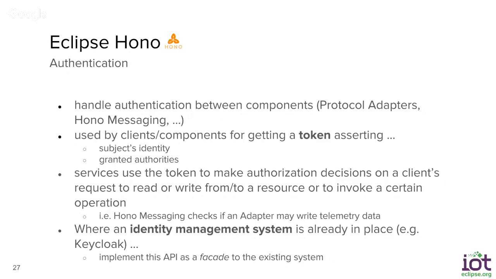Hono by no means is an MQTT broker, but we only support the MQTT protocol to publish messages. So a device can connect to Hono's protocol adapter, use it following the MQTT protocol for a connection establishment, and can then use a publish message. I think it's publish, right, Paulo? In a publish message, right. Use a publish frame, or I don't know how it's called, a packet, I guess, a publish packet, in order to transfer the data. But by no means is Hono a full-fledged MQTT broker.